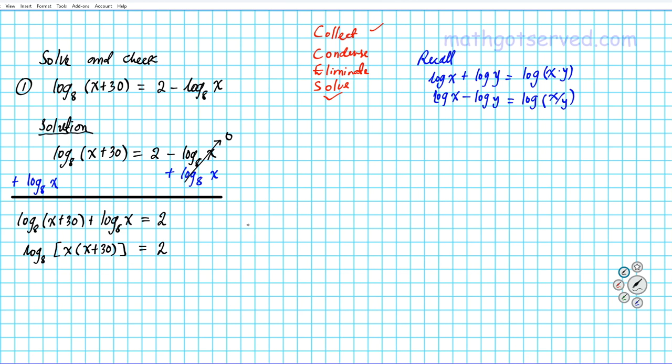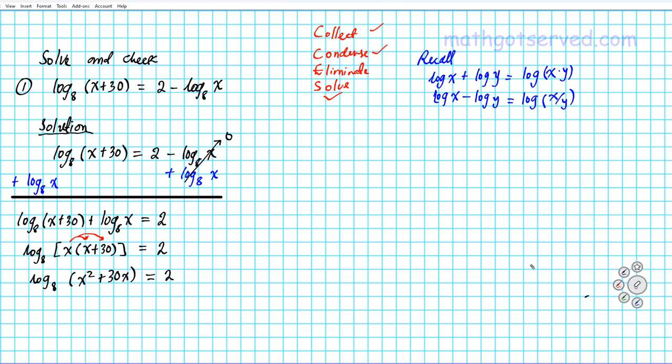Now let's simplify the product of x and x plus 30. We're just going to distribute this x to both terms here. And then when you carry out that distribution, you're going to have log base 8 of x squared plus 30x. Okay, all right, so we're done with the condensed step because now we have one log with the logarithmic argument